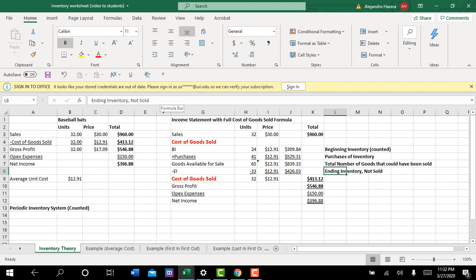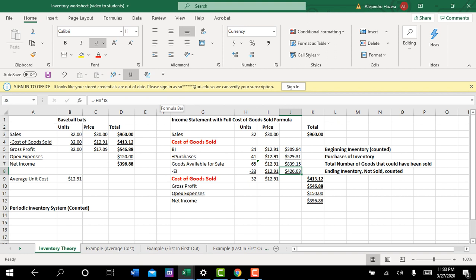And how is it calculated? Once again, I'm going to put this in here. It is counted. Once again, you come to the end of the accounting period. Doesn't matter if it's quarters, years, whatever. You count your inventory. And what you're saying is you could have sold up to 65. You come to the end of the accounting period and you find out that you did not sell 33 units of ending inventory. And so what we're doing is we're taking the goods available for sale and we're splitting it between inventory that we did not sell, which are 33 units costed at $12.91, which give you a cost of